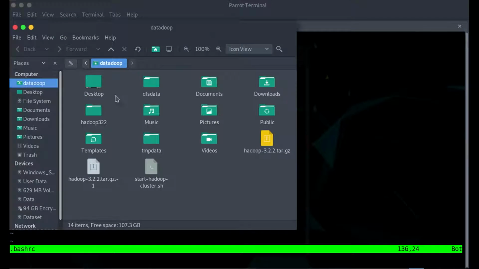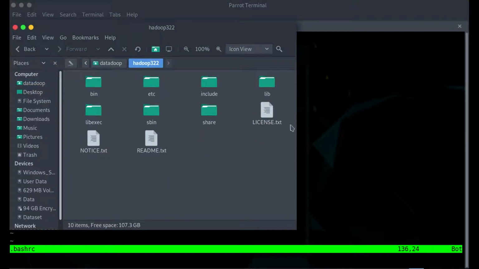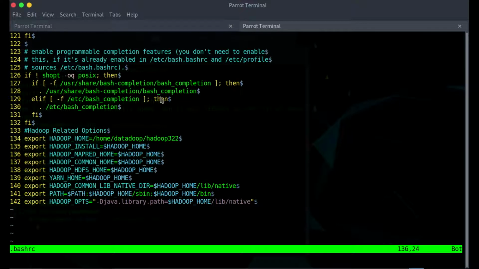Here we have the home directory, and we have this Hadoop 3.2.2 that's been downloaded from the internet. That's what we are saying right here. That path will be called Hadoop home. From there forth we will be saying where the library files and the bin files are located. So you will have to simply type that in.